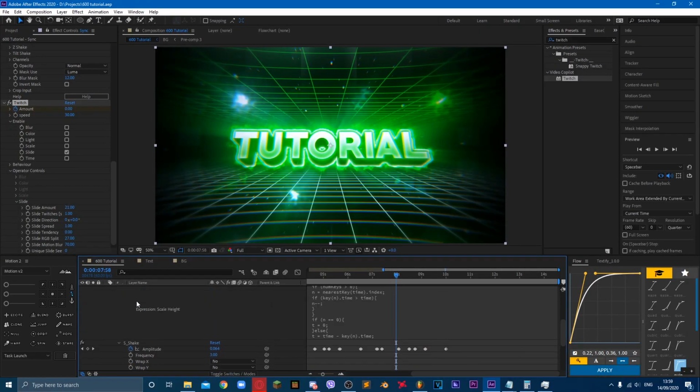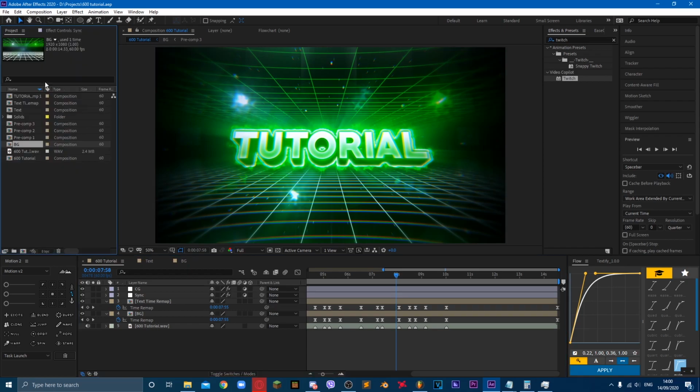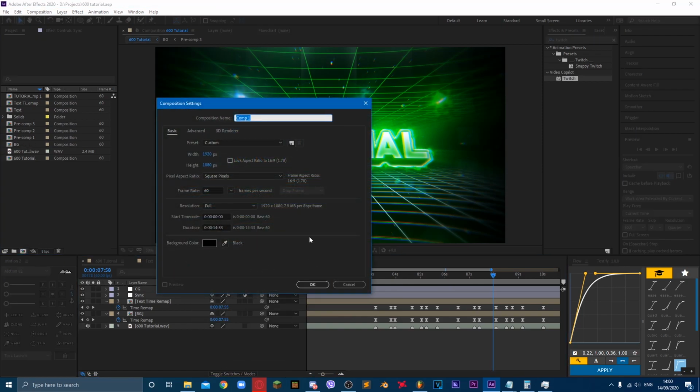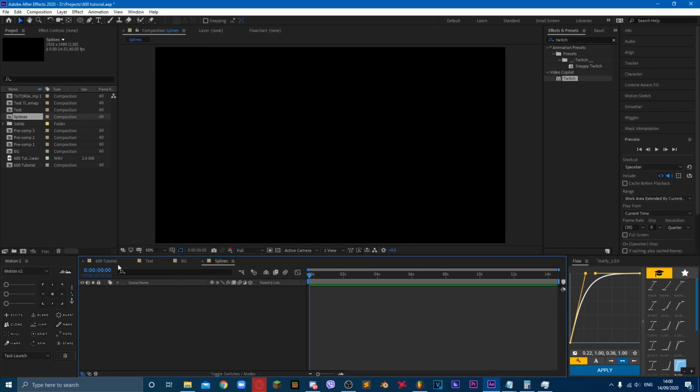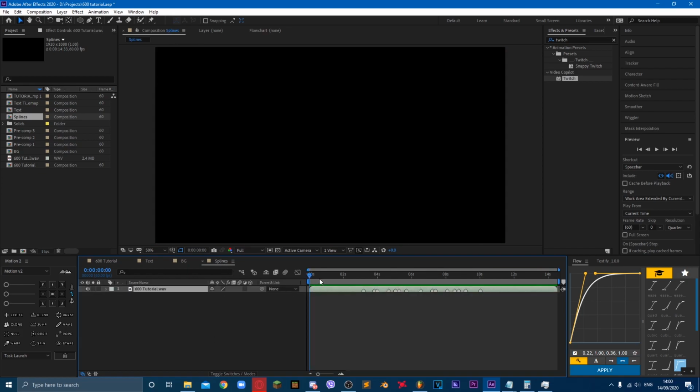Now we have that type of sync, and next I'm going to do splines, which is most of the time the only shapes that I do. I probably will post a different shape tutorial later, so I'm going to make a new composition, call it splines, go back into the main comp and copy your song, paste it here, so now we have it here, and